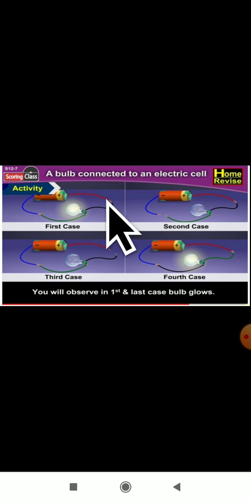So they have taken positive and negative, and when they connect one to the holder and one to the base, the bulb will glow. And when they have taken negative and positive terminals and connected both only to the holder part, the bulb doesn't glow. And in the third case also, where negative and positive terminals are connected and the connection is cut, at that time also the bulb doesn't glow. But when they connect to the terminal and base, the bulb will glow. This is all about how the bulb will glow when two terminals of the battery are separately connected to the two terminals of the bulb.